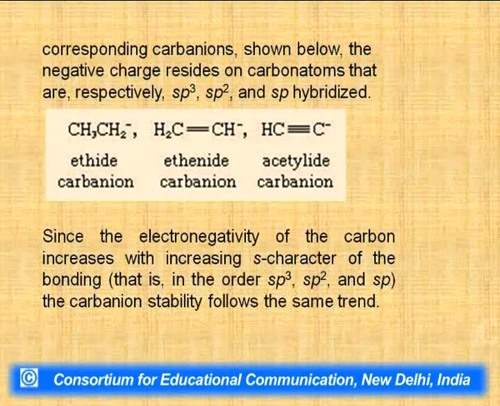Here you can see the hybridization effect and s character, and how it varies the carbanion stability. In the corresponding carbanions shown below, the negative charge resides on the carbon atom that is respectively sp3 hybridized, sp2 hybridized and sp hybridized. You can see the ethyl carbanion, ethenide carbanion, and acetylide carbanion. The first carbanion is sp3 hybridized, the ethenide carbanion is sp2 hybridized, while the acetylide carbanion is sp hybridized because of the triple